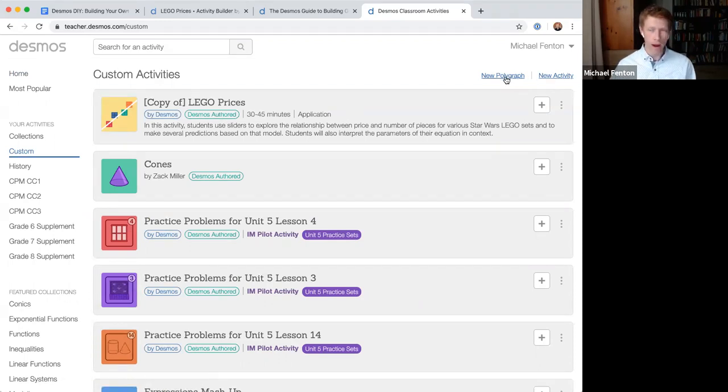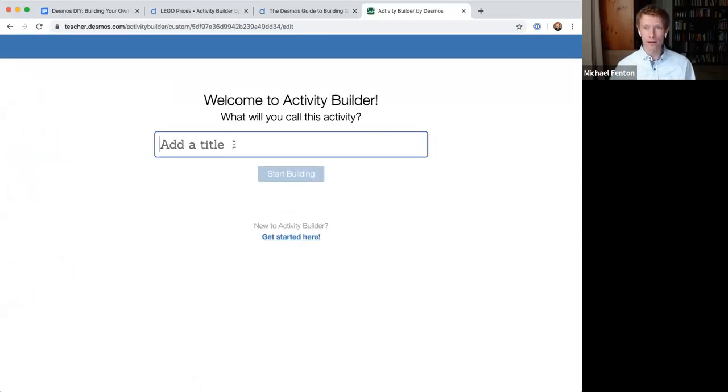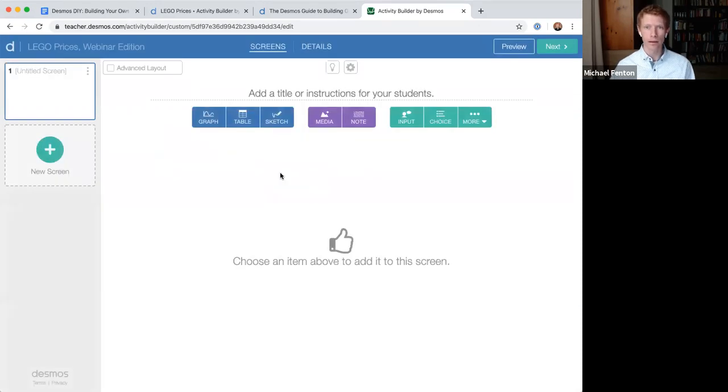You can build a new polygraph. We're not going to get into the details of that on this webinar. What we will dive deeper on is new activity. This opens up our activity builder interface, and let's call this Lego Prices Webinar Edition. And I'm going to click that Start Building button. Notice that I have my title up here. If I want to change the title at any point, I'm welcome to do that just by clicking up here